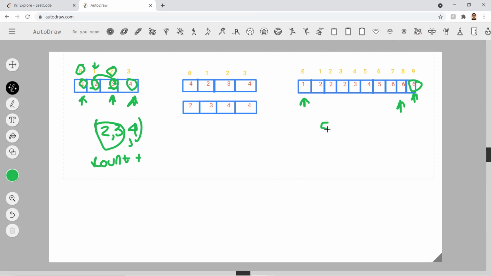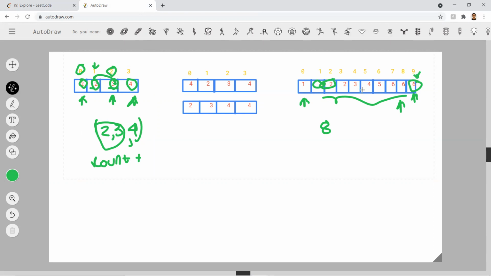So there will be 8 combinations, because if we think of this as a sorted array, all the elements will be increasing from this point, and the sum will also be greater than this value.